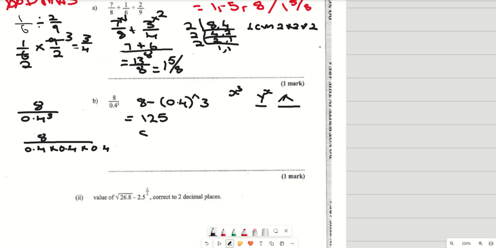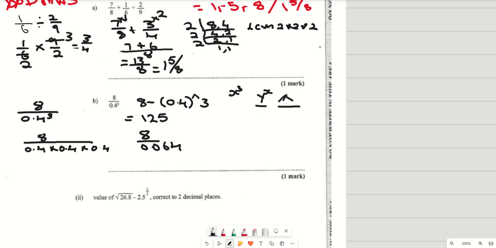That would be 8 divided by 0.4 multiplied by 0.4. First off, 4 4s are 16, 16 by 4 is 64, so 0.4 multiplied by 0.4 multiplied by 0.4